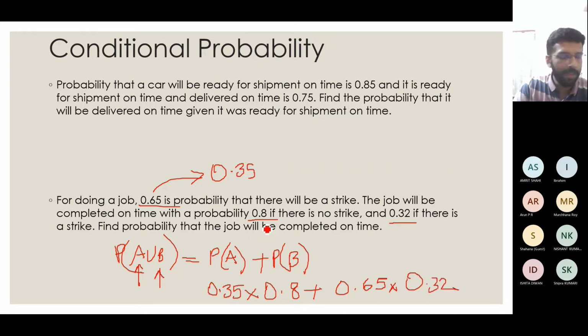So this is similar to our previous case, another example of conditional probability where we are given values in case there is a strike and in case there is no strike. I am given the values and I am asked to find out the probability that I will complete the job on time. So now we will go to a somewhat